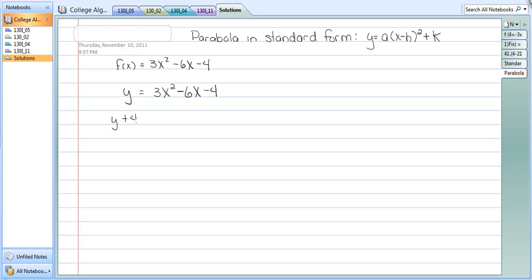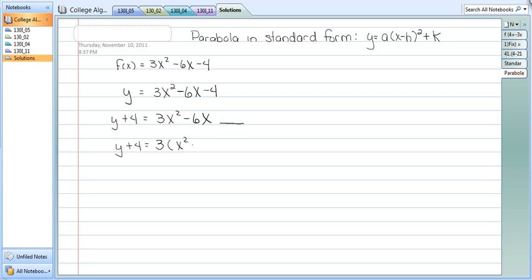Now the reason I want to do this is I want to complete the square on the right hand side, and I just want to move that constant out of the way. Before you complete the square though, you do need to make sure that there is a 1 as the lead coefficient. So my lead coefficient now is 3, so what I'm going to do is factor the 3 out. When you factor the 3 out, it's going to come out of both terms,